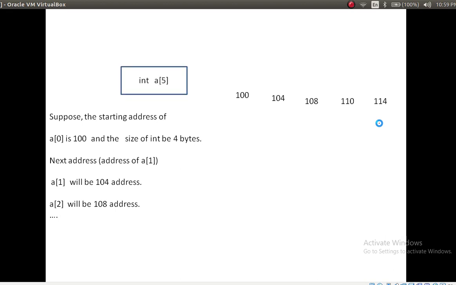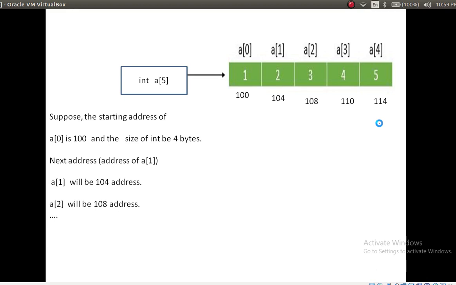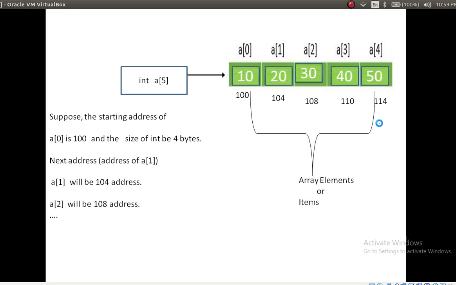Okay, now in this slide we will study the address of an array. I am going to define array name A and size is 5. Array elements are 10, 20, 30, 40, 50. Array indexes are 0, 1, 2, 3, 4.